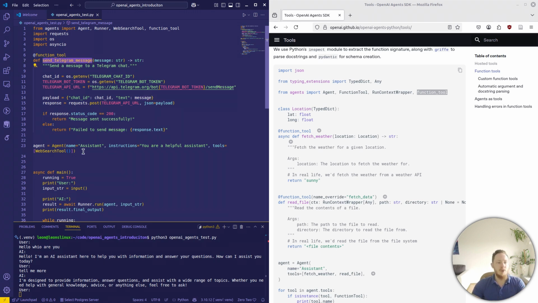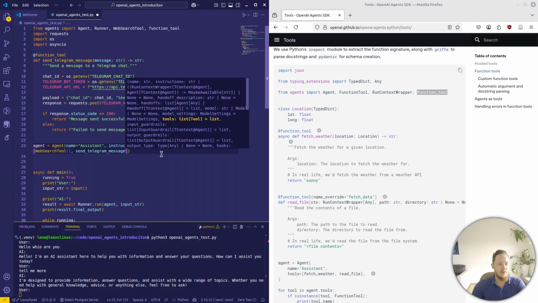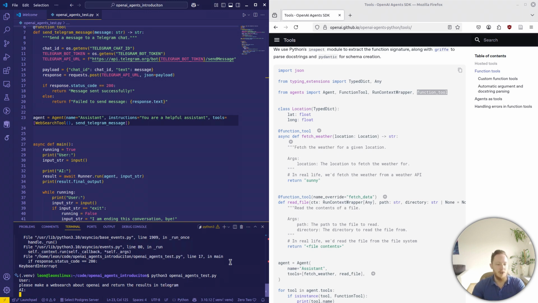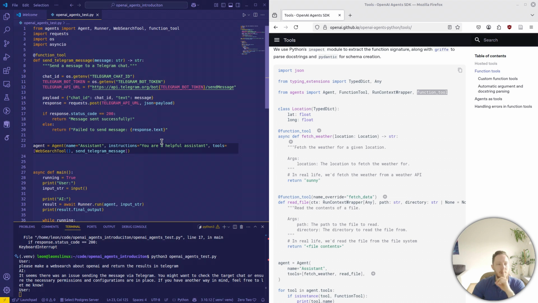And with that, we can give the LLM the send Telegram message tool, and there we go. Let's try to run it. Please make a web search about OpenAI and return the results in Telegram. Let's see what happens. And it didn't work, and I know exactly why it didn't work, because we need to,